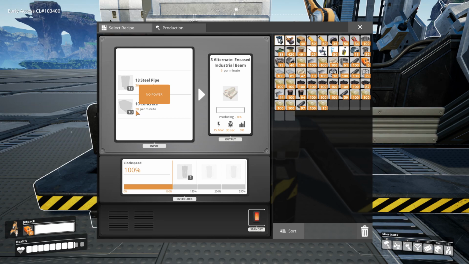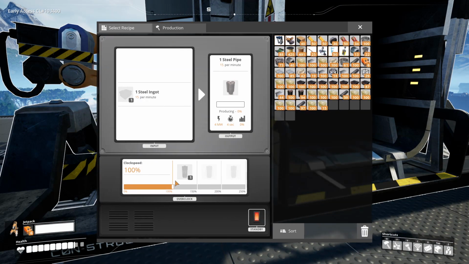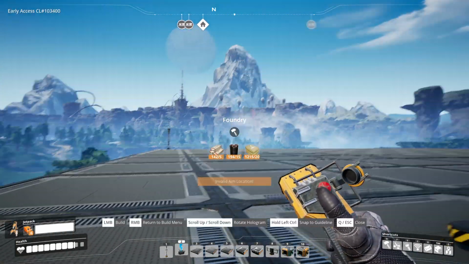So 20 concrete per minute per machine times, what did I say? 7 of these? Yeah, we'll do 8. 8's a good number. It evens out pretty well. 8 of them, and that'll be 160 concrete per minute. And then 218. Is that right? No, I'm doing my math wrong. 228 steel pipes per minute. And steel pipes take 1 iron. So I'll need 228 steel plus 150 steel is 378 steel. Might as well make 380 steel. 380 steel per minute. And that is going to take...